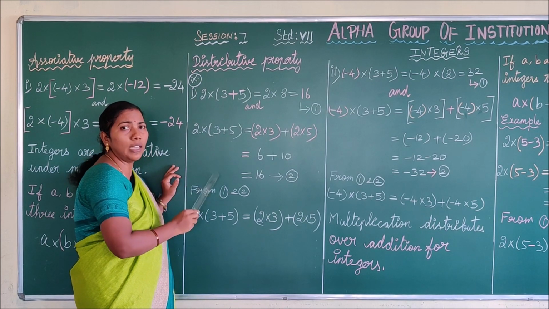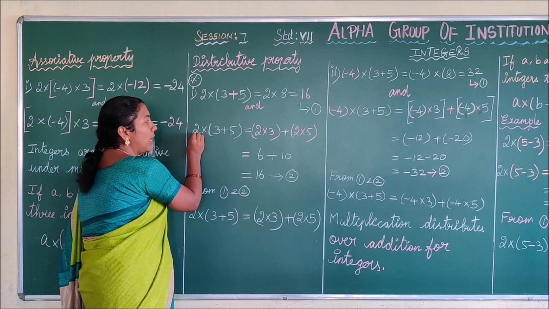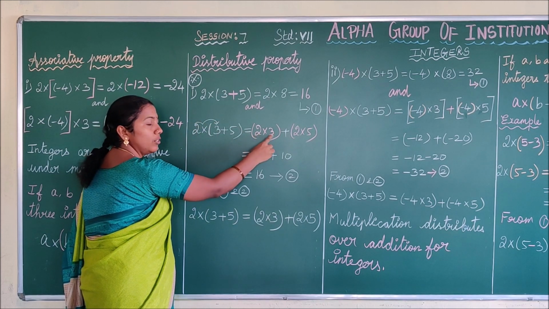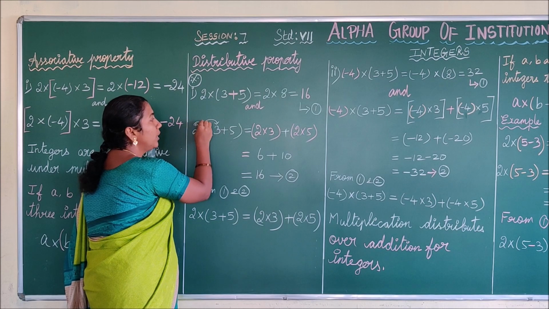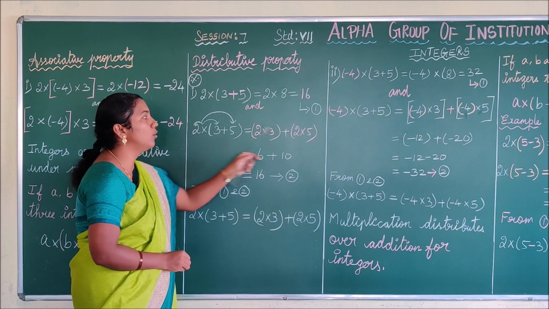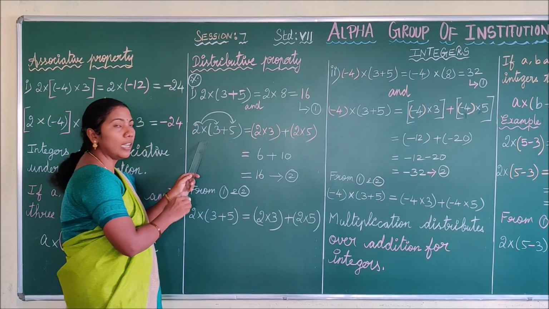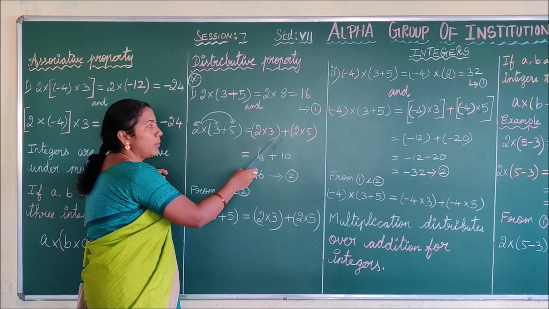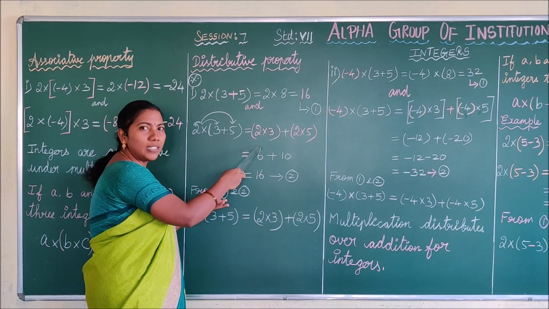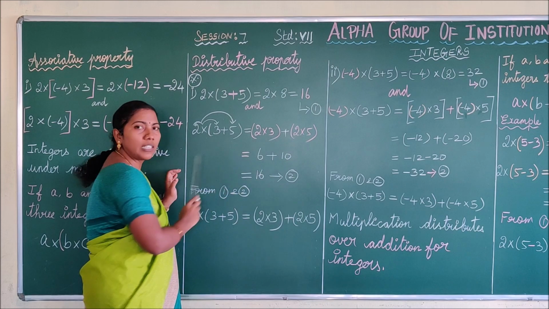Is it clear, children? Next consider this. Here we are going to see the distributive property, that is how we are going to distribute this multiplication. First we have to multiply this 2 with 3, that is 2 into 3. Next 2 into 5. So 2 into 3 and then 2 into 5. And this plus comes commonly between these brackets. See the beauty of this property, children. Here plus is inside the bracket. Now the plus became outside the bracket. Here into is outside the bracket. Here the into became inside the bracket. See how beautiful it is. 2 into 3 plus 2 into 5. Is it clear, children? Do you understand?